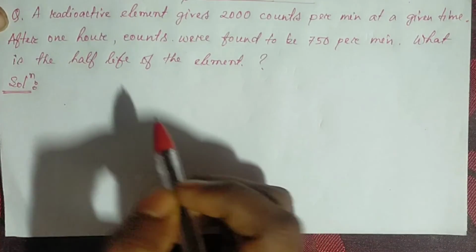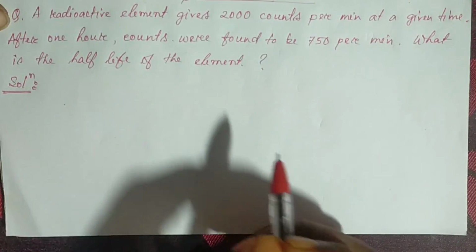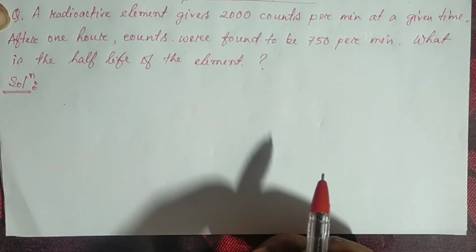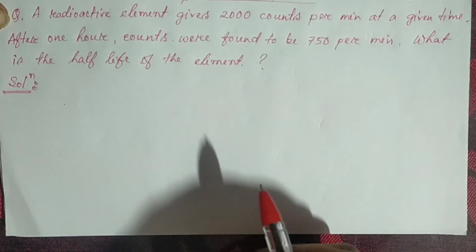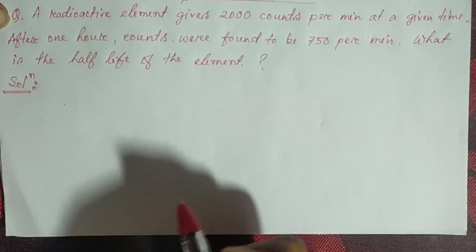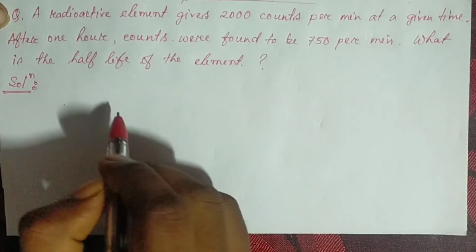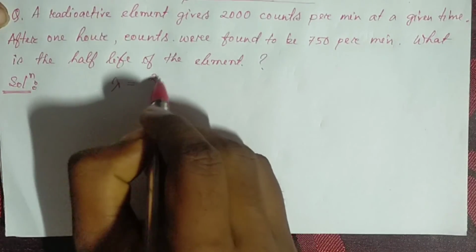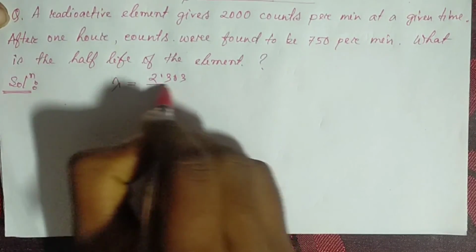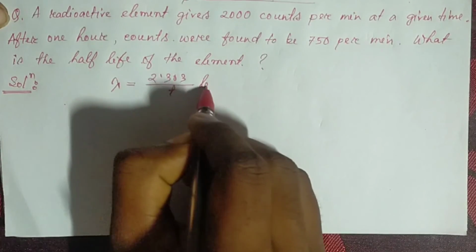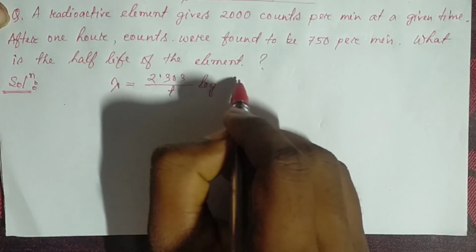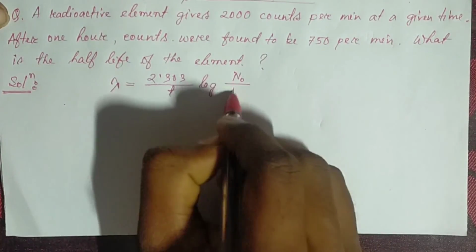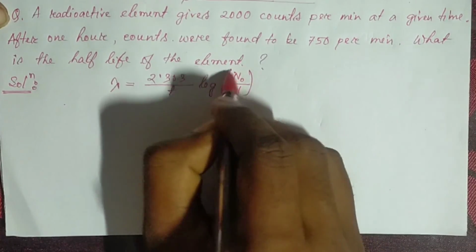For this, we have to know the general equation for radioactive decay, which is a first order decay. So lambda is equal to 2.303 divided by t log n naught by n. Okay,